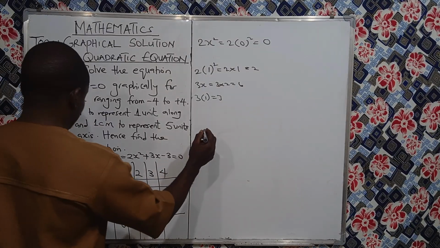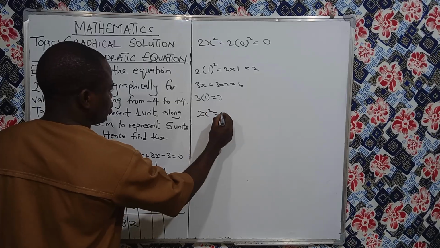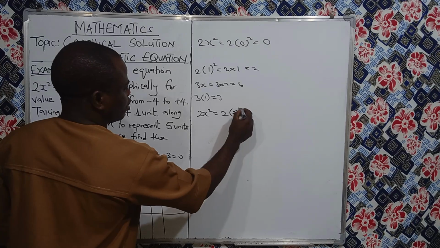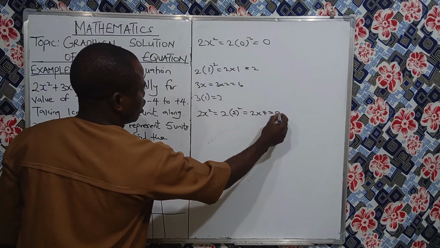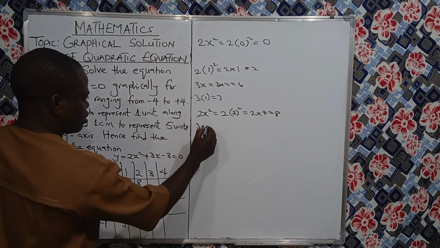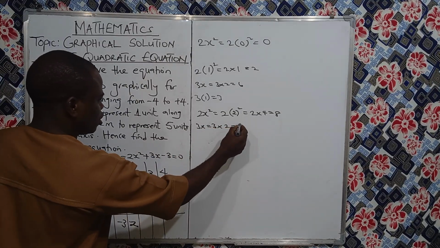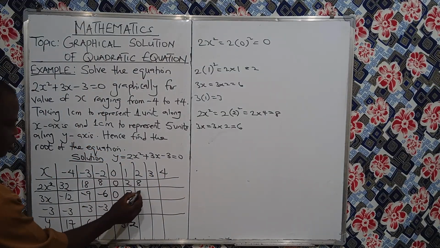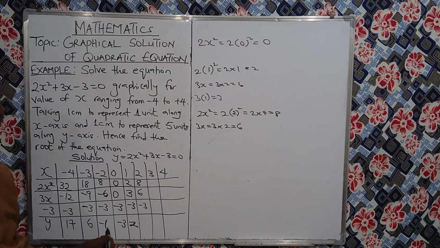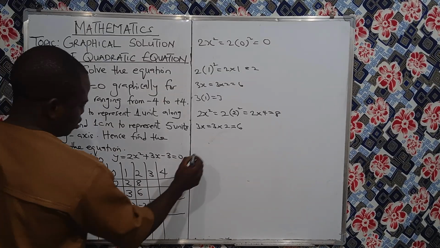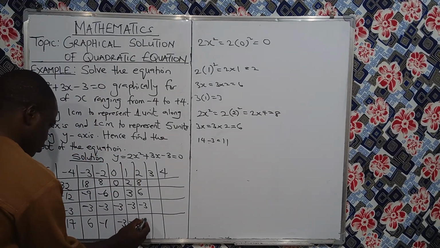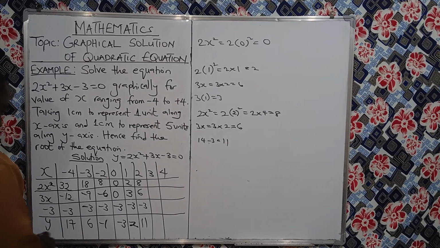Next one, 2x squared equals 2 into bracket 2 squared, which is 2 times 4, which is 8. We have 8. 3x equals 3 times 2, which is 6. Bring your minus 3 down. 8 plus 6, that's 14. 14 minus 3, that's 11. That's 11. The next one that we're having is,